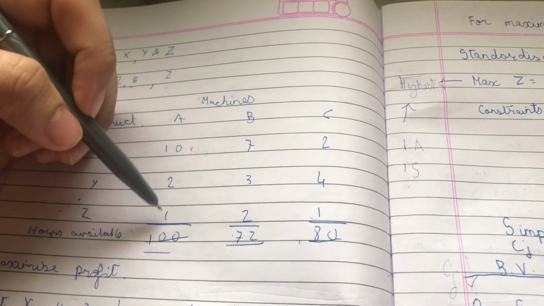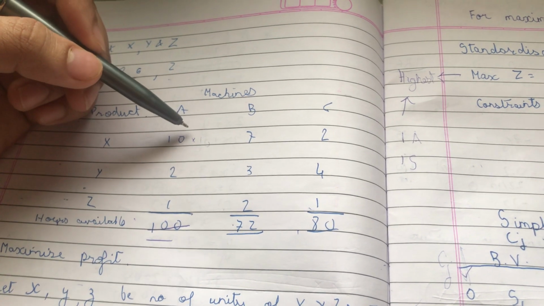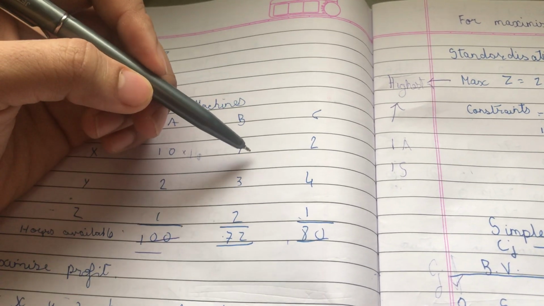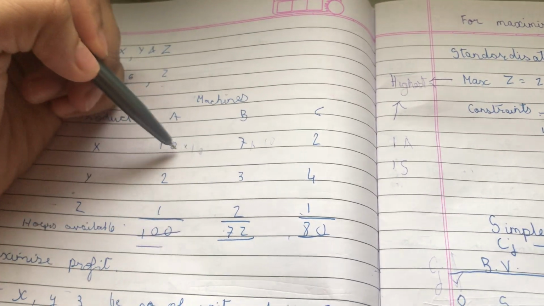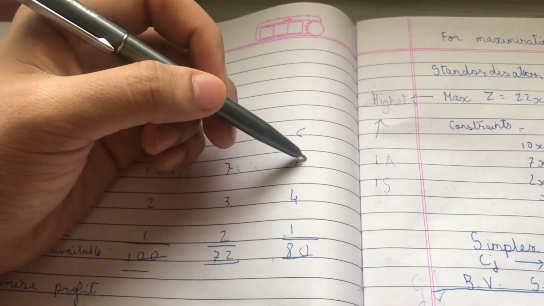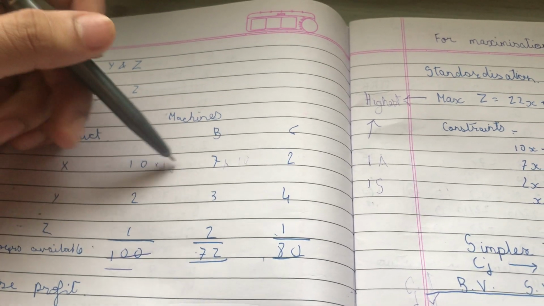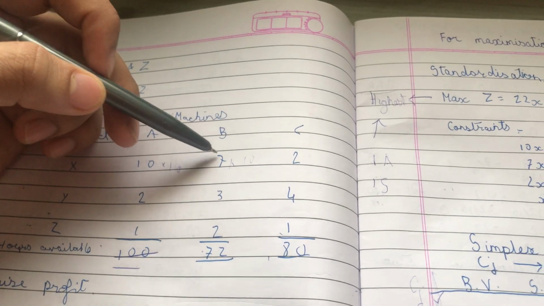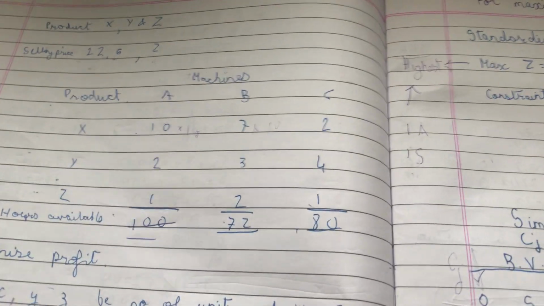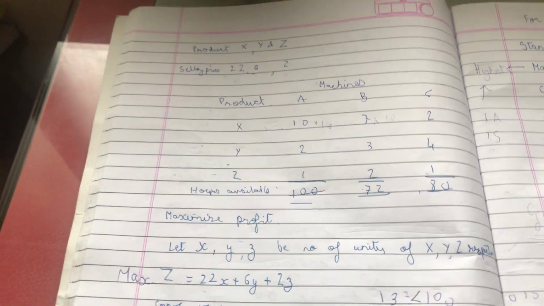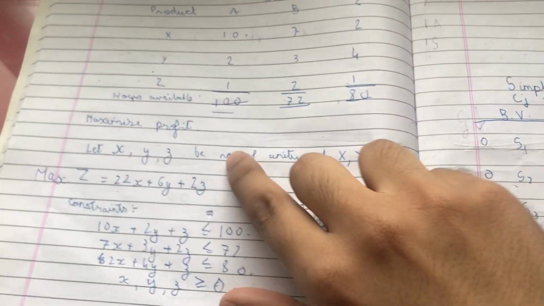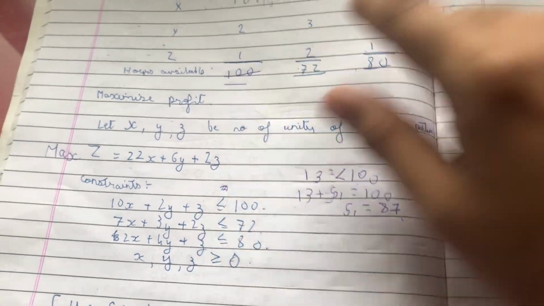So we introduce this, and actually even if we run 10 hours here, we'll also have to run 10 units here, and 10 units here, and 10 units here, because it has to go through all the three machines. So even though that shouldn't matter here, you need to make sure that all 100 hours are used.